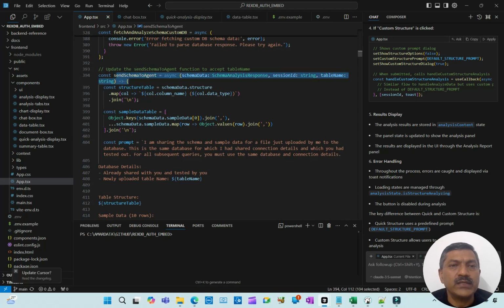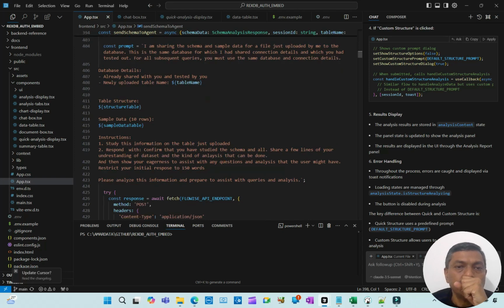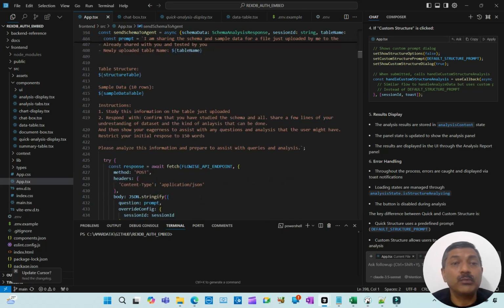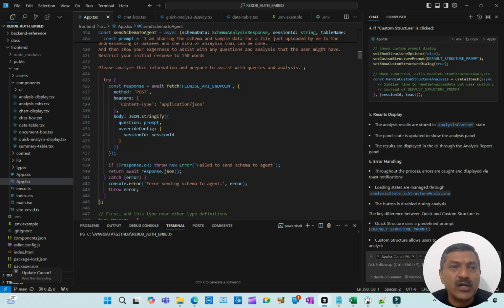Send schema to agent. I'm sharing the schema and sample data. Please study it, analyze it. And once you have studied and analyzed it, respond and confirm that you have studied the schema, and share a few lines of your thought and eagerness to assist. And this is the API call. Actually, the API call is here. I'm doing a fetch request here. Simple,